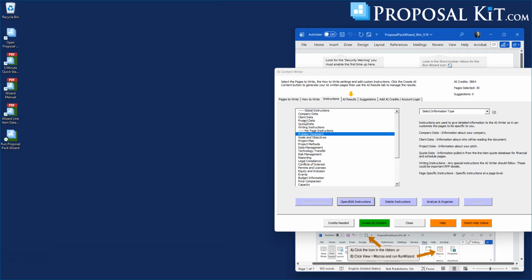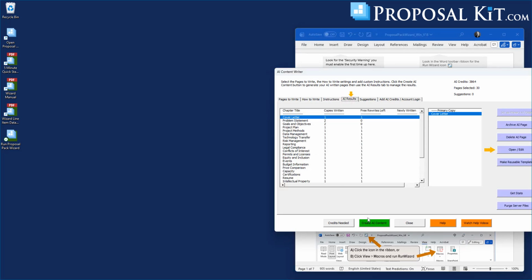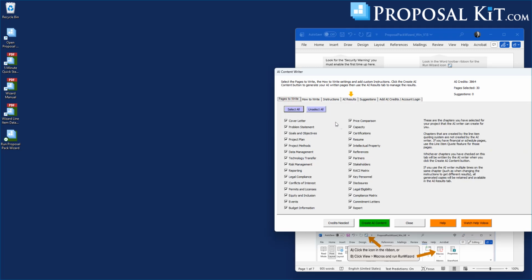And once we've filled all this in, and filled in all of the Q&A sessions, then we're ready to use the AI writer to create the AI content and have it fill in the first draft of every one of these pages. All right, so now say we've done that,